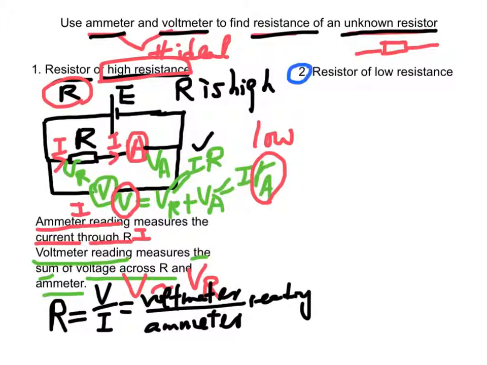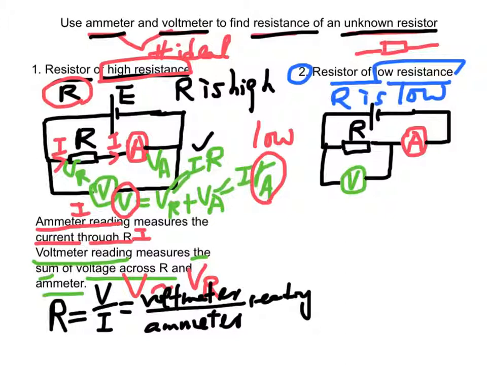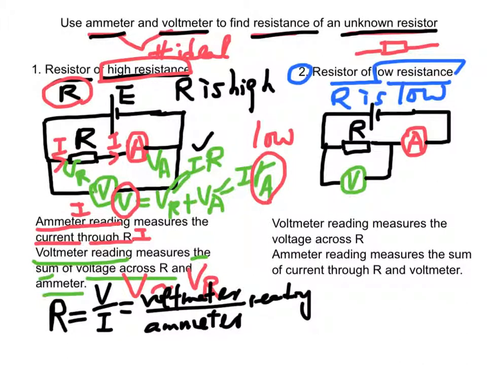Second, if the resistance of the unknown resistor is very low, that means R is very low. If R is very low, then we will use this circuit to find the resistance of R. The reason is that the voltmeter reading V measures the voltage across R, VR. But the ammeter reading